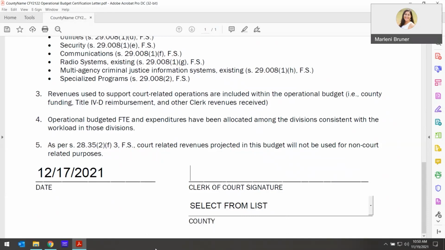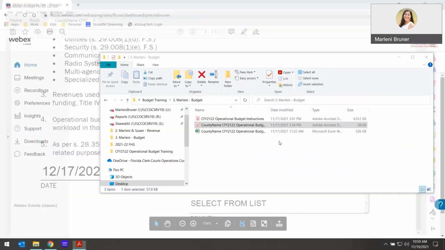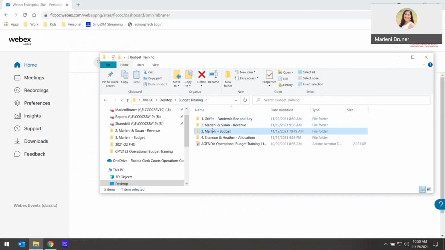And so when you submit your operational budget, we are looking for that big Excel spreadsheet. We're looking for this certification letter, and we're looking for your revenue projections. And then I failed to bring this up earlier. I'm going to bring up the revenue projection form,